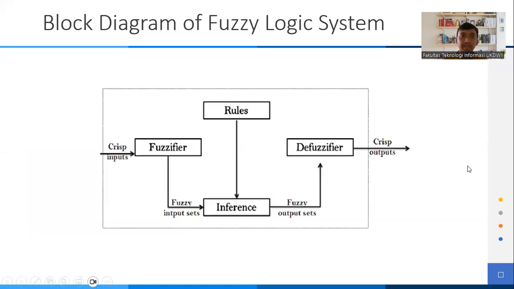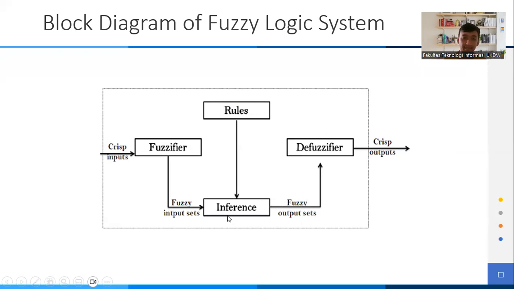For the block diagram of a fuzzy logic system, we can see in this diagram that we need input here and a fuzzifier. The fuzzifier is for the input: we set the fuzzy, and after that we make the fuzzy inference. In the fuzzy inference, we need to create some rules to decide the output for the next step.